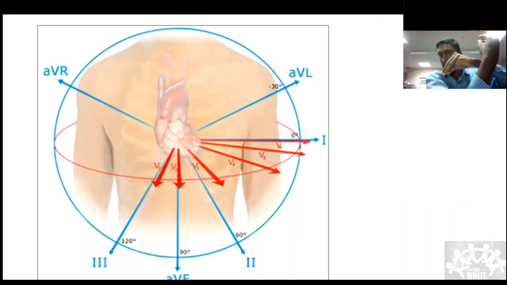Somewhere extremely it is seeing here. So that means it is going to be always negative because the electrical activity is going to be always in this direction. That means if the lead is here somewhere where my hands are, all the activity is going to be in this direction. That means this entire lead in AVR should be negative. Okay, this is one more concept to remember. Always lead AVR should be negative. If this concept is clear, we will proceed.